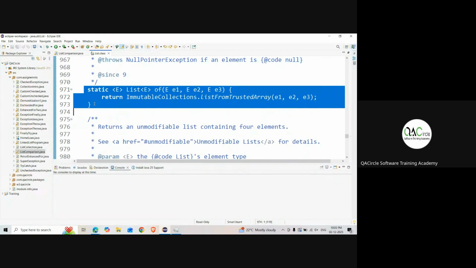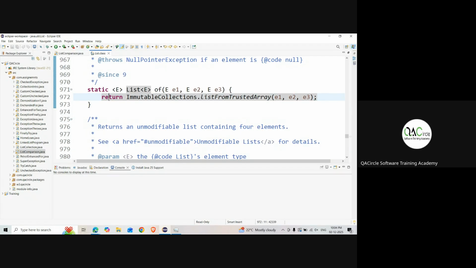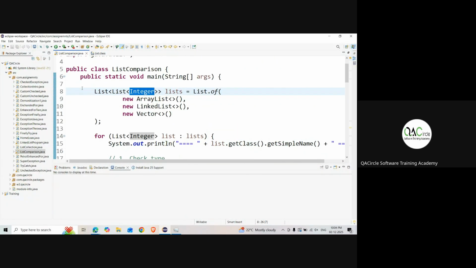Method. But what method is it? Static method. Good. Come to the basic, static method. Now, this one, if you don't understand, it's a data type. What is E? See here. Integer,